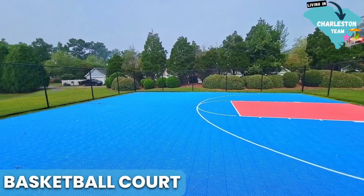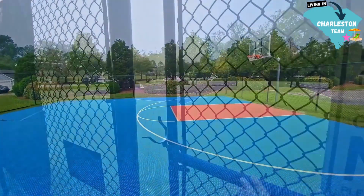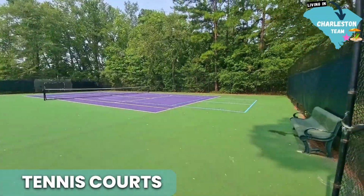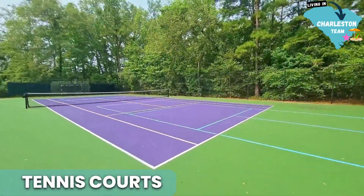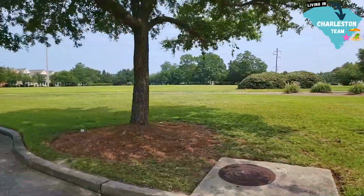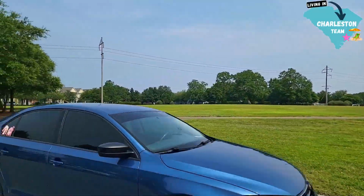The basketball court has plastic underlayment, so it's a little bit easier on your knees, but the ball still bounces well. Now, there's also tennis courts. There's 2 tennis courts that were refinished in the last 2 to 3 years, and they're beautiful, and they're actually gonna be building pickleball courts on the soccer field soon. At least the HOA is in the process of approval for those pickleball courts. The amenities here make community very easy,